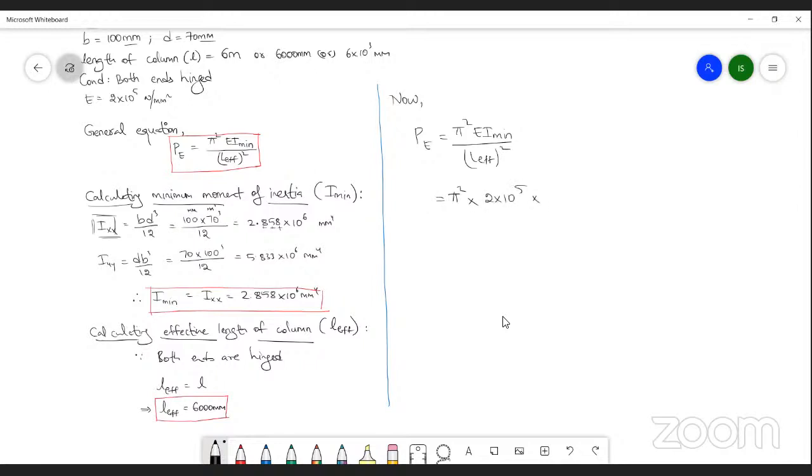Next, I minimum. What is I minimum? Here we have the value of I minimum. Let's substitute it. 2.858 into 10 power 6 divided by L effective. What is L effective? It is 6000, but we have L effective whole square. Please don't forget that. It is going to cost you your precious marks. So don't forget that. Alright, so now after solving all these things, the answer will come as